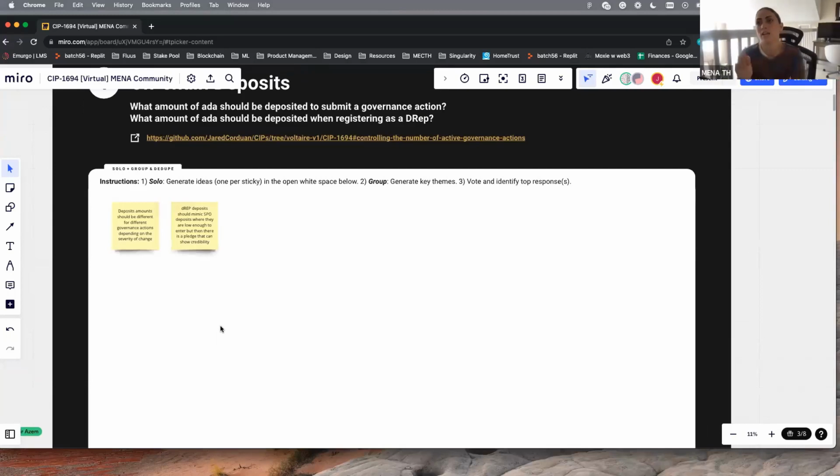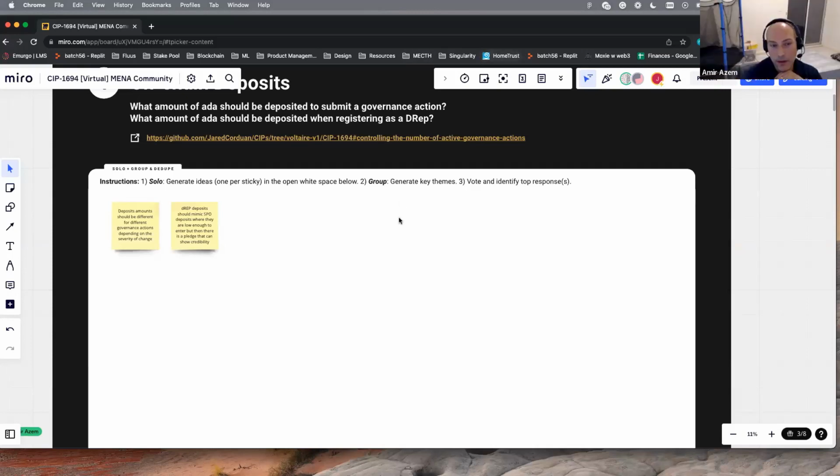So then we're thinking that governance actions should not be one deposit for everything. They should be a scale depending on the severity of the action. And the higher the severity, the higher the governance deposit. And for the DApp, the deposit itself should be enough to warrant credibility or seriousness, but beyond that, it's more a social thing, like a pledge similar to stake pools. Okay. In terms of numbers, I don't know, because even ADA itself is very volatile. So how do we base that?